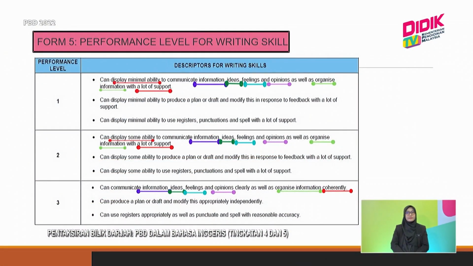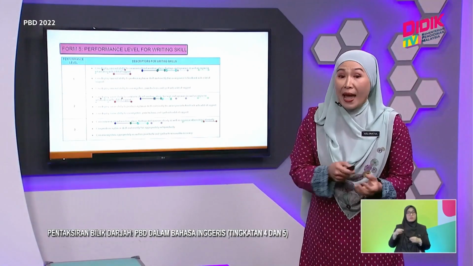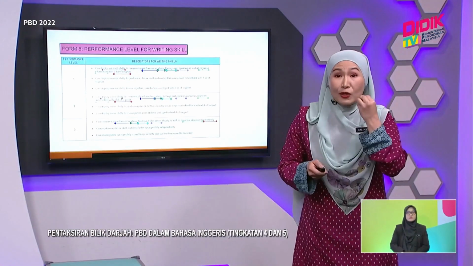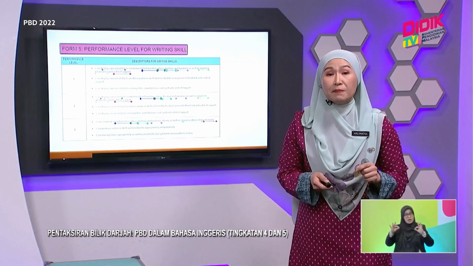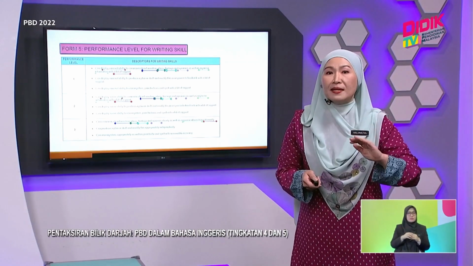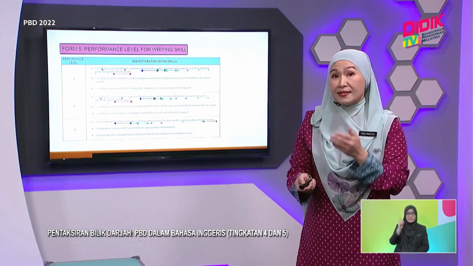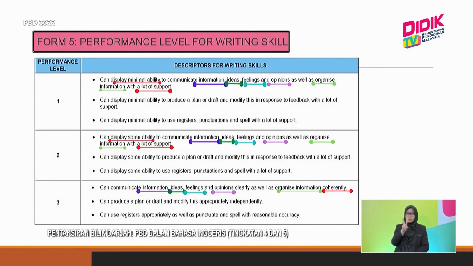Okay, so if I want to award a TP1, right, the pupil can display minimal ability, information, ideas, feelings and opinions, as well as organized information with a lot of support. So if your pupil is writing an essay and you keep going back to her, and in fact you have to most probably say a few sentences to help the pupil to write the essay to achieve that particular descriptor, then that pupil must be somewhere around TP1. Right. And if you look at the second TP, with a lot of support,